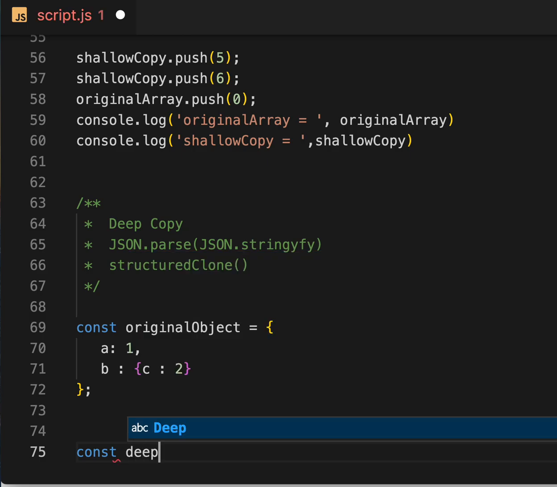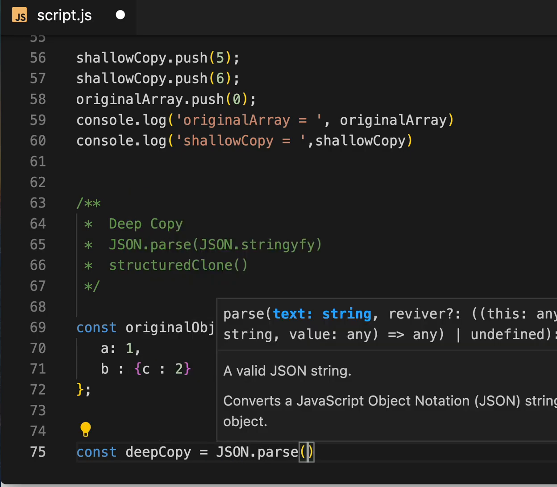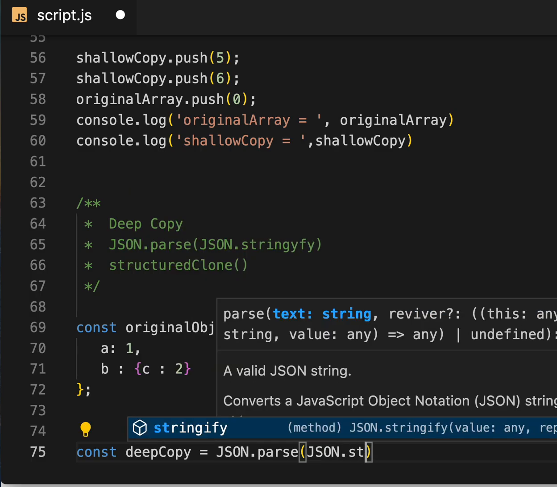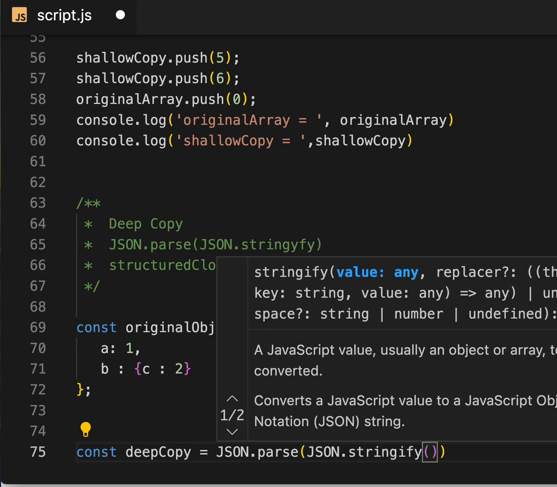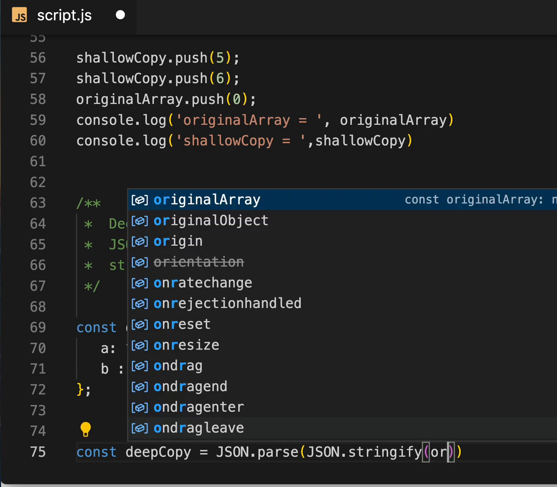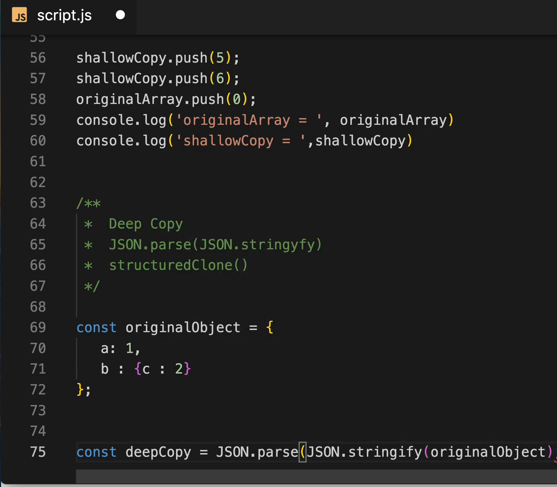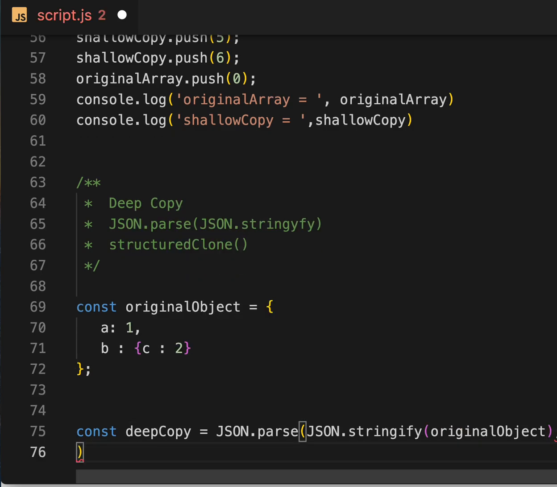Const deepCopy equal to JSON.parse, and just use JSON.stringify as well to get an exact copy. We pass the original object here. Let's zoom out a little bit.